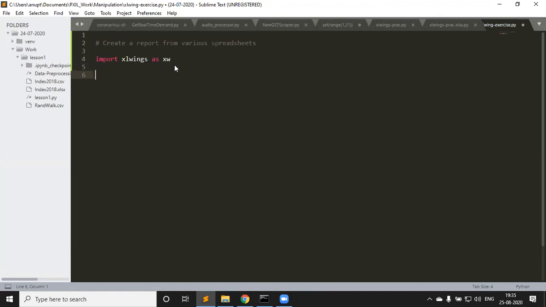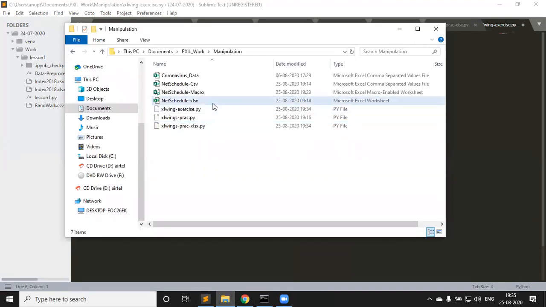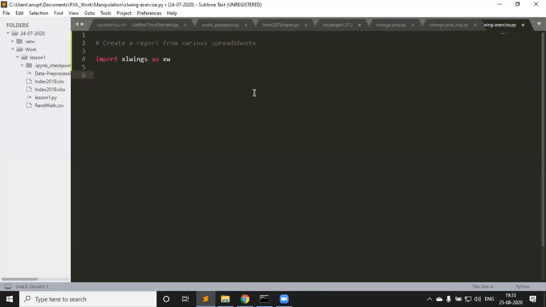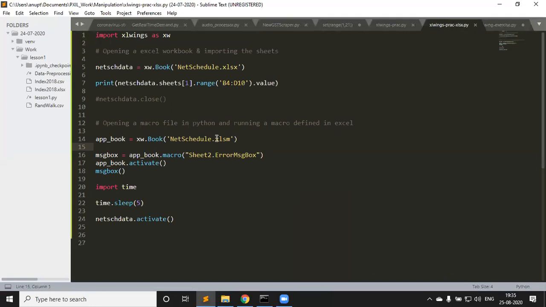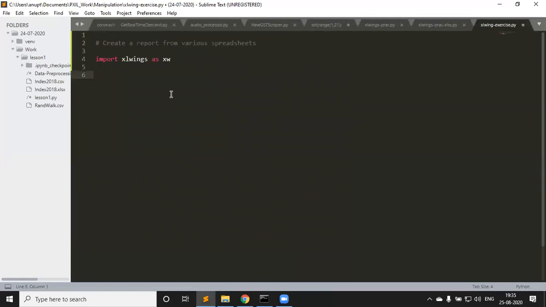Now I have to read all of them. So one is macro, one is XLSX, one is CSV, one is data, right? I hope you will be able to change it here, that's not an issue. I'll first say CSV data and call it xw.book and simple net schedule